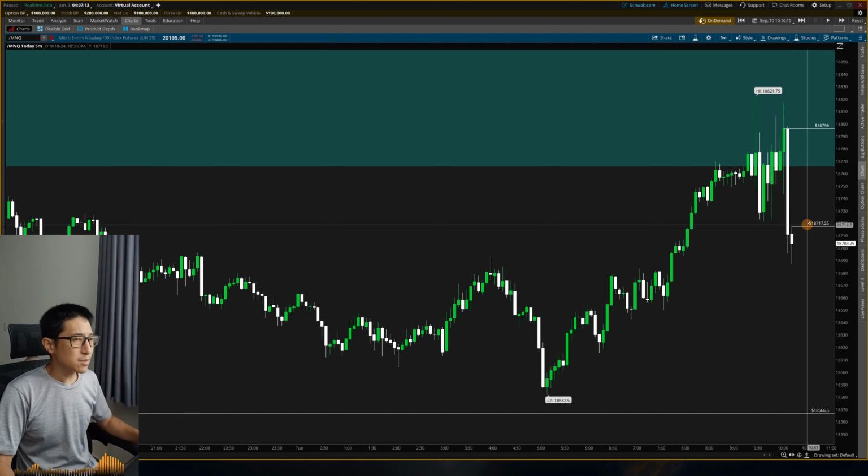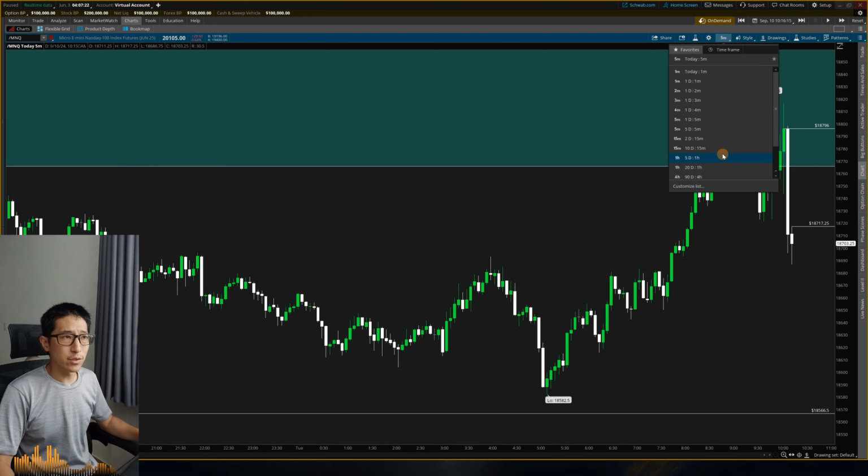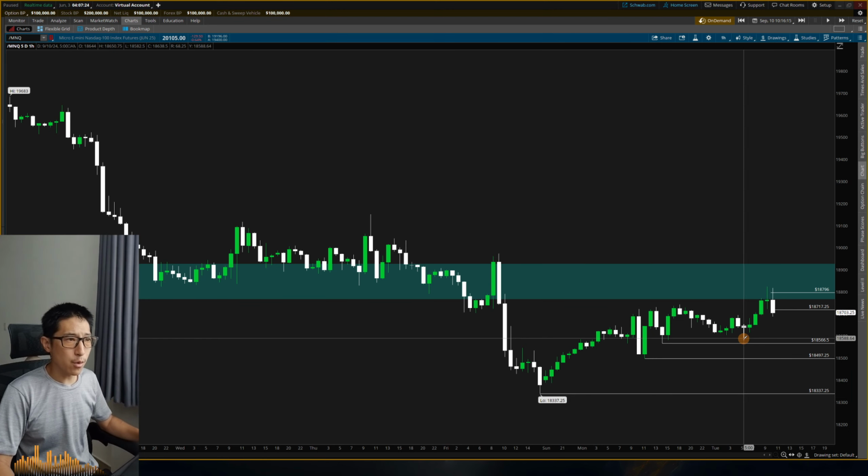Now, it's perfectly fine if you're willing to risk 80, because from here down to there, that's going to be about 2 to 1. And if we zoom out a little bit more on the 1 hour, we do have lower targets, right? Because those are relative equal lows. We could aim for this low as well. I think both of these targets are reasonable.